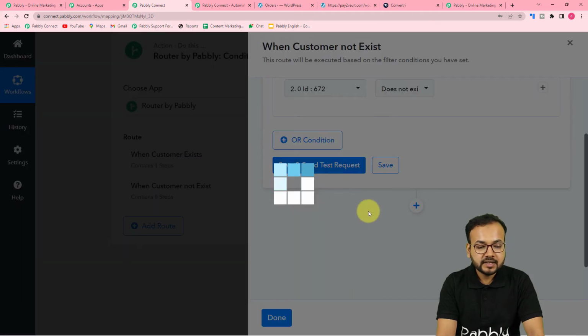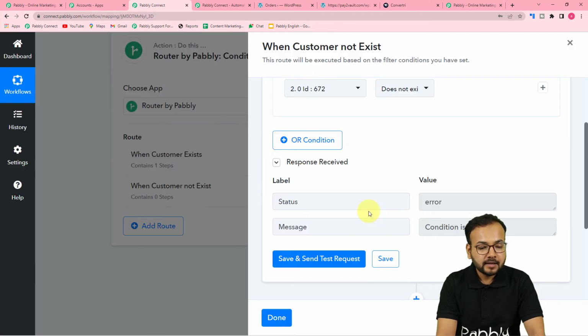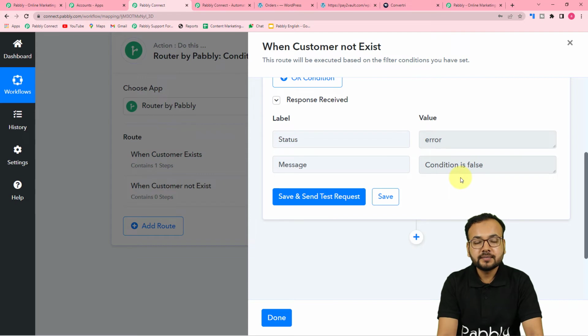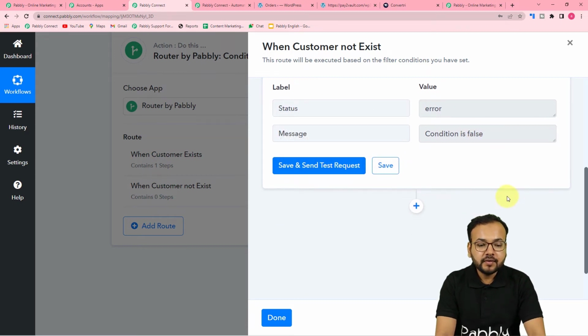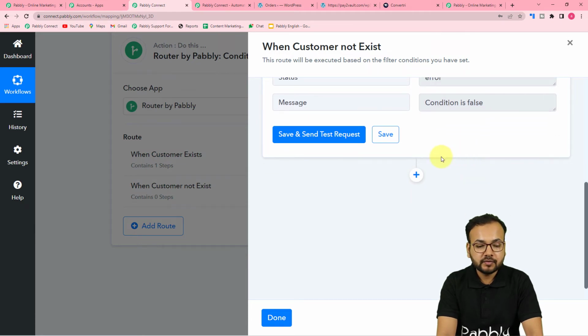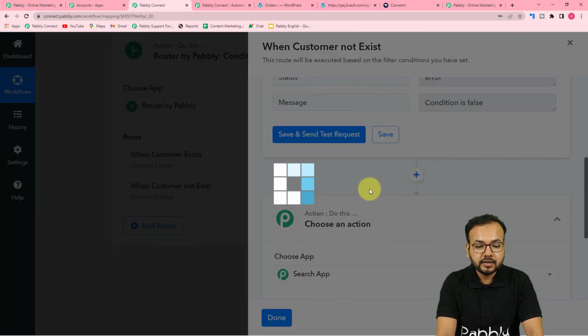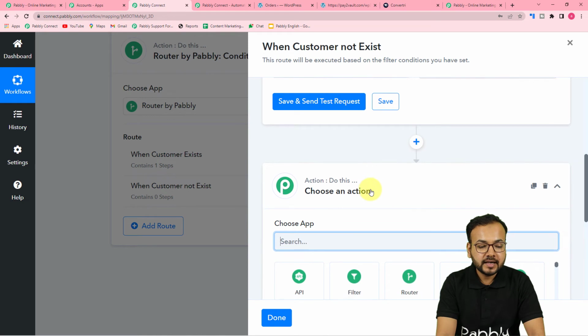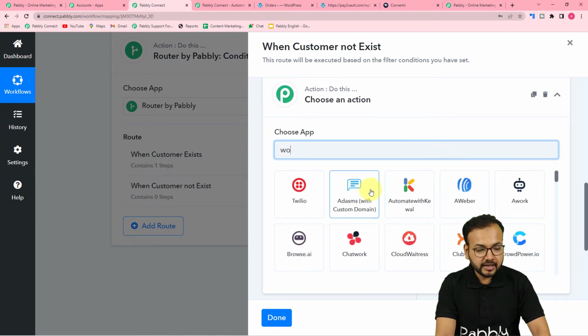So click on save and send test request. Right now it is showing the condition is false because currently we have the ID, but in real time this condition will become true and the workflow will continue. And what we want when we do not have a customer already present, we want to create a customer first. For that to happen, click on this plus icon, and from here select WooCommerce again to create a customer there,